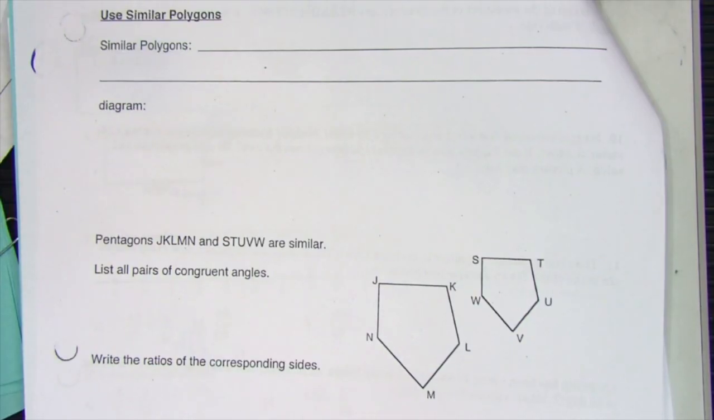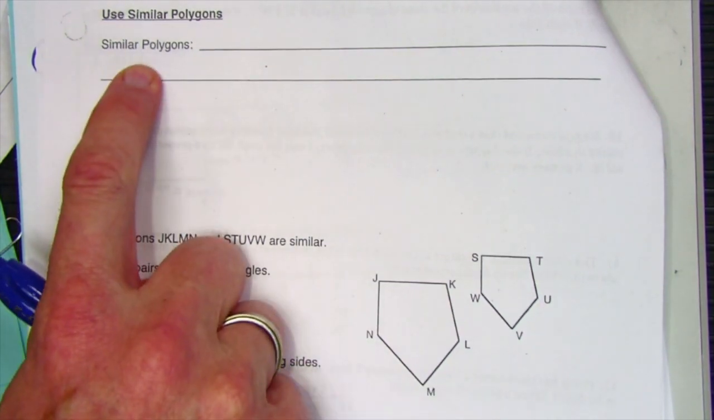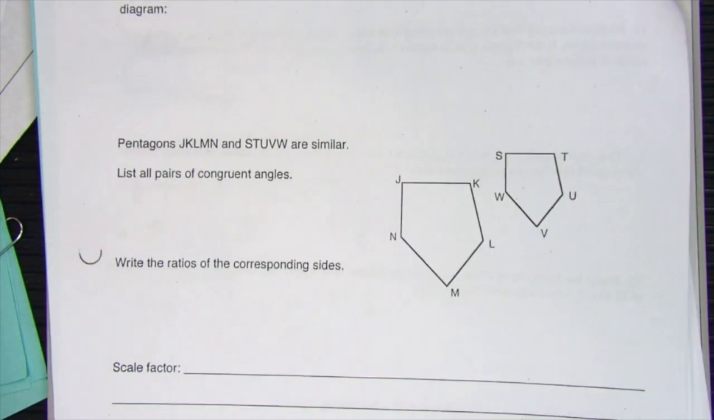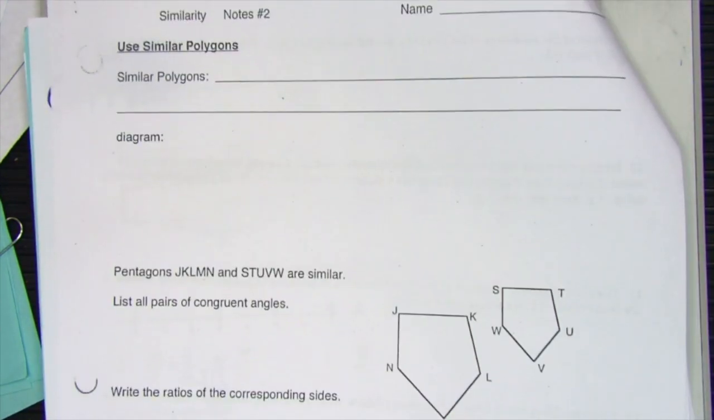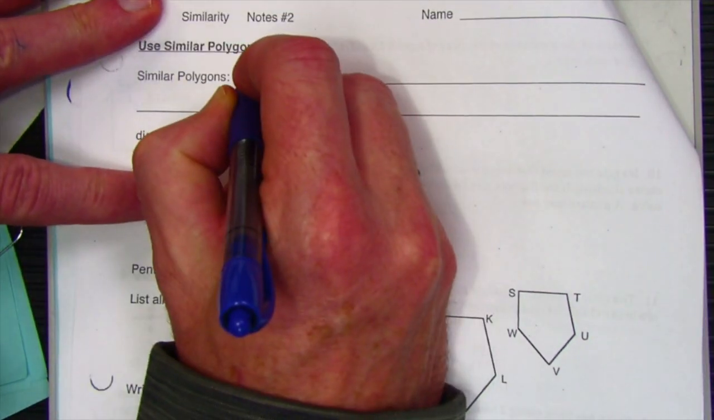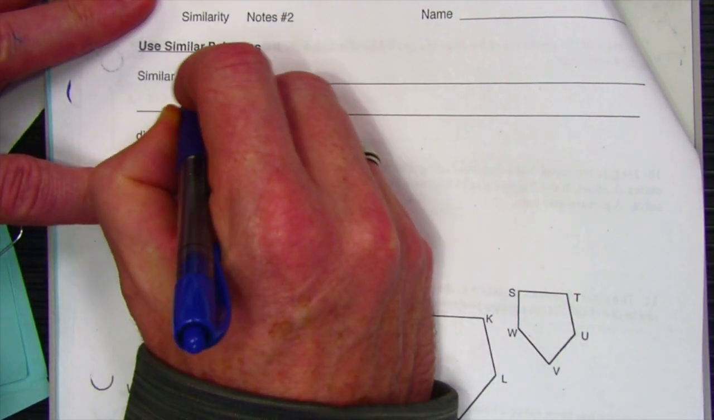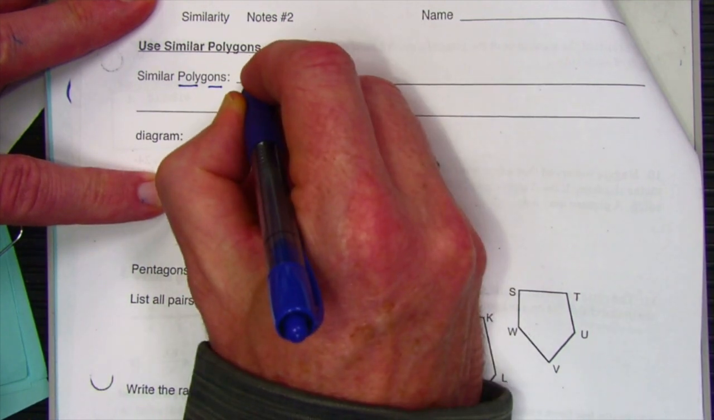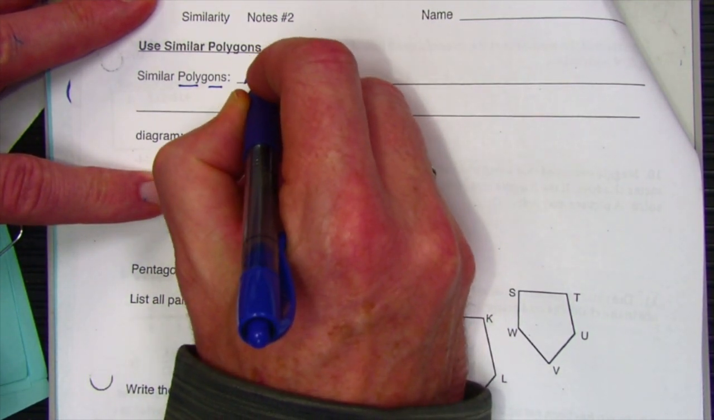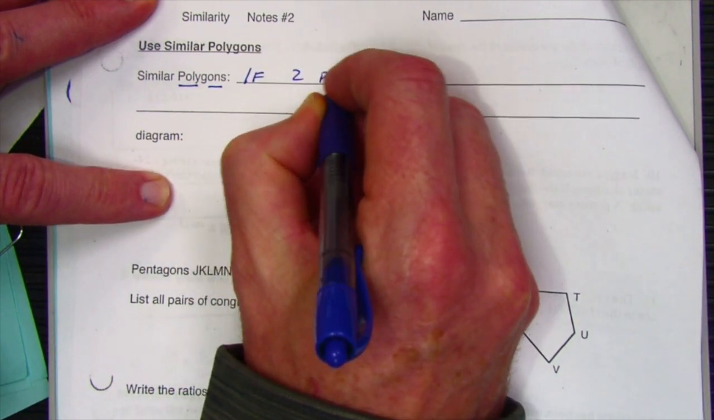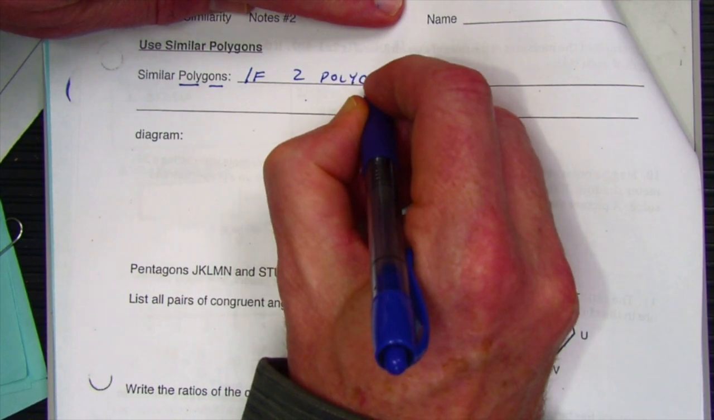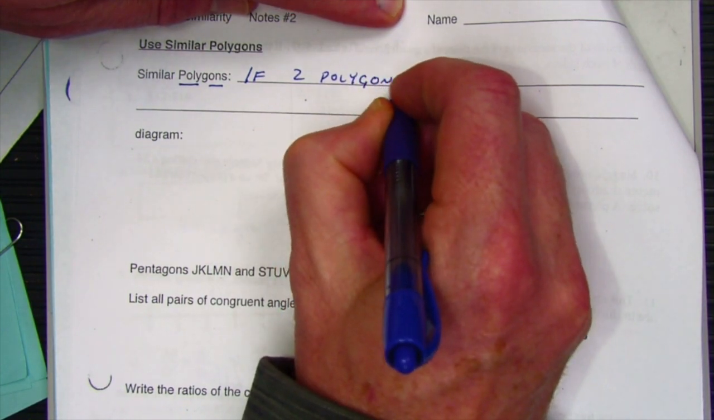Okay, so this is going to be kind of quick. We're going to do the similar polygons, which is on page 6 in your packet. So make sure you have that opened up. All right, so similar polygons. If two polygons, poly just means many-sided, and by the way they can be triangles, squares, rectangles, anything, are similar,